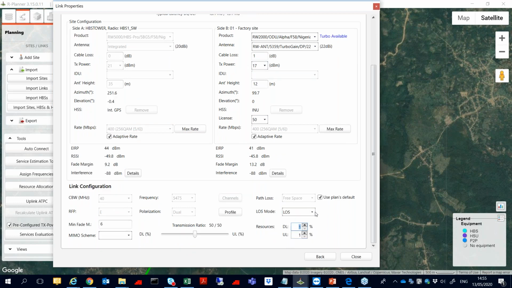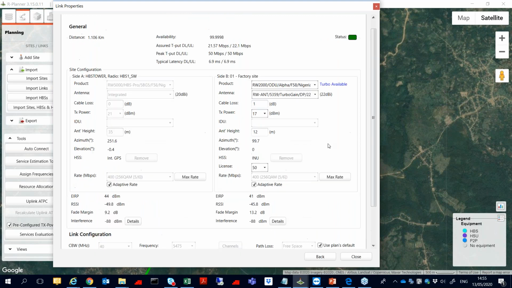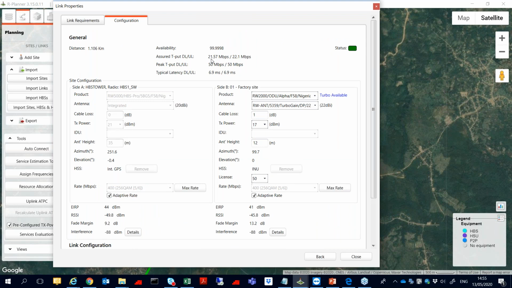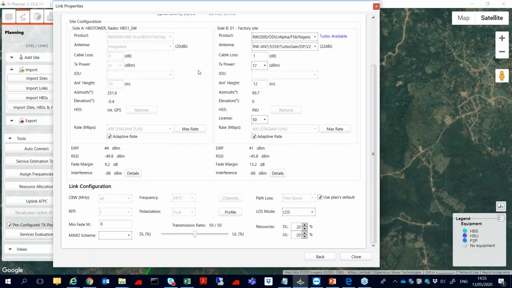Let's put now 20% on the downlink and 20% on the uplink. Let's look at what happened. We achieved 21.57 and 22 uplink downlink. So if I put here 25 and 25,